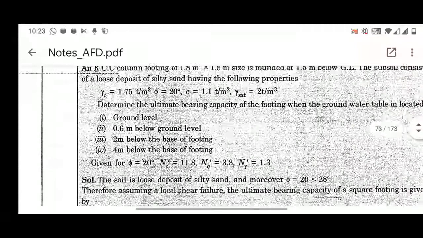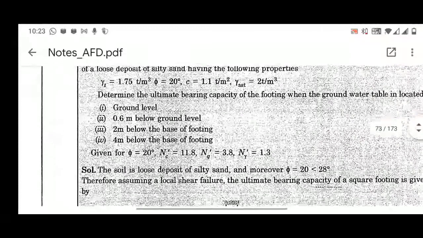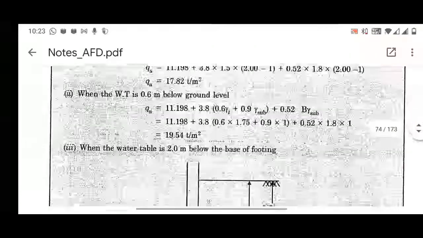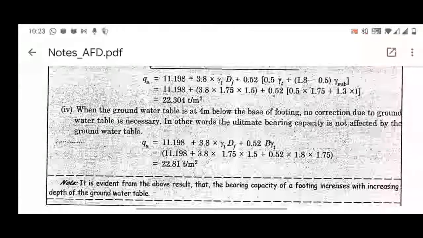So 1.5 plus 1.8 is 3.3 meter. Beyond 3.3 meter you will not find any modification in the bearing capacity. They are asking when your water table is at 4 meter, that is greater than 3.3, so there will be no modification in the surcharge as well as in the unit weight. That's why they have rewritten